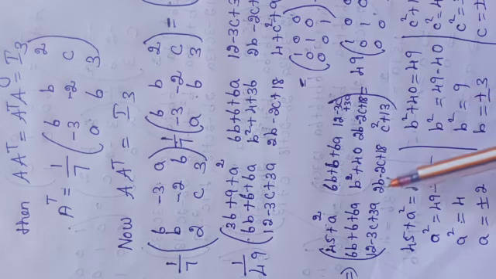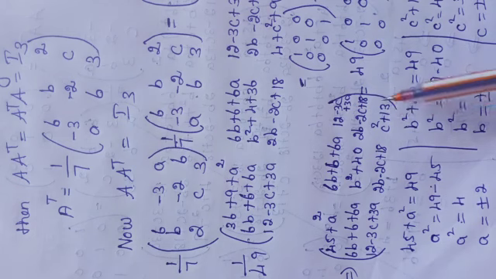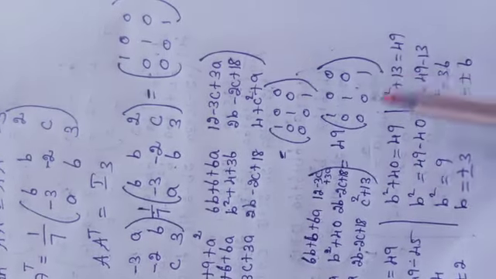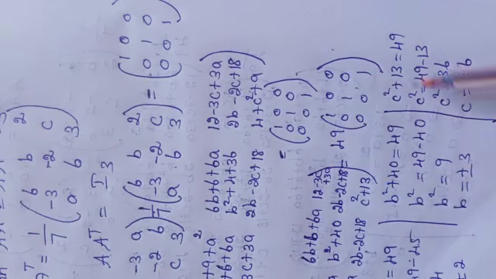In the remaining entries, A, B, or B, C will be there. Now here C square plus 13 is equal to 49 into 1, which is 49. So C square equal to 49 minus 13, so C square equal to 36. The square root of 36 is 6, but since it is C square, plus or minus 6. Two values are there but only one value will be the correct one. To check that, we have the remaining entries.